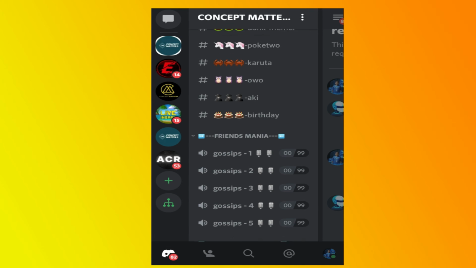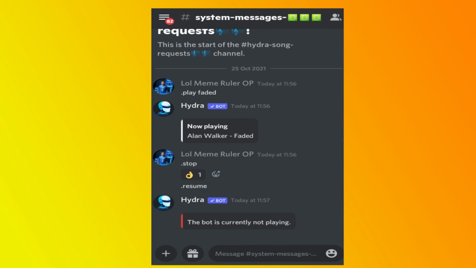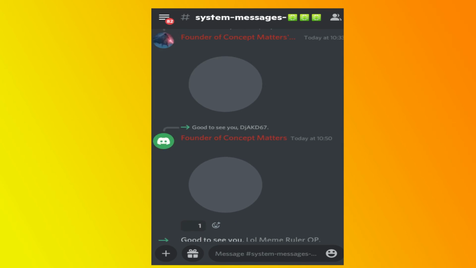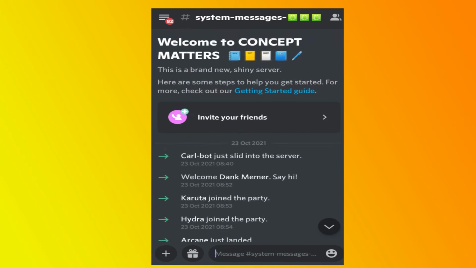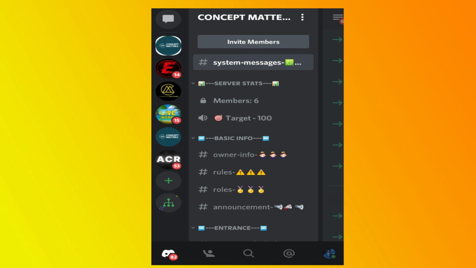So I think everything is clear now. This is nothing else. The system messages are not for you all. Here only things like who hopped in, or have you bought pizzas will come, which the system gives automatically. This place shows how many members are there. Don't count the bots. Those who are already Discord users might know what bots are, but for those who don't, bots will do our work very easily. Like suppose I am the president and I have many ministers, they are also a type of minister.